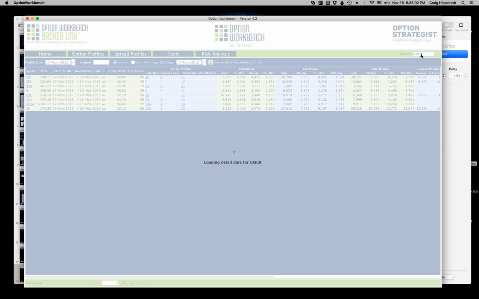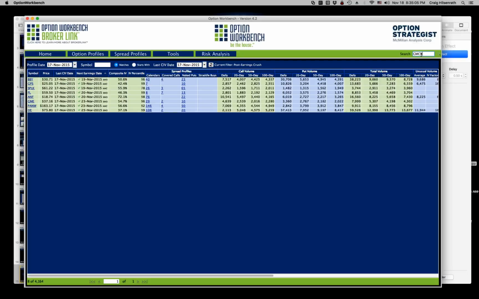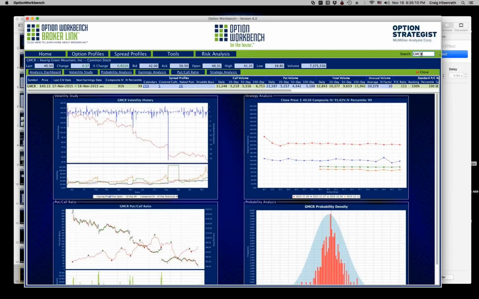So now we're going to be brought to the analysis dashboard. Okay, and this shows an overview of some of the tools that are available to us, and we'll be looking at the volatility study, which is over here.